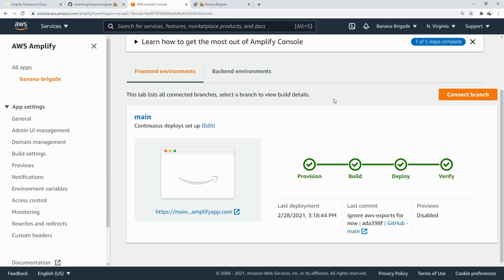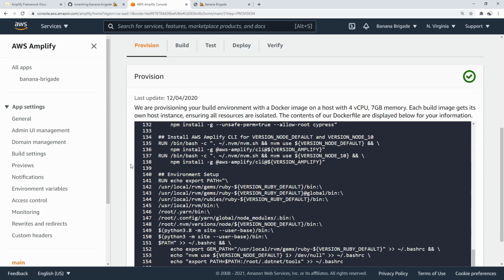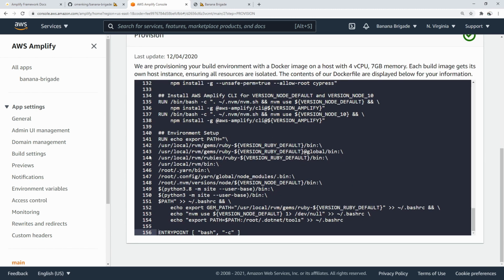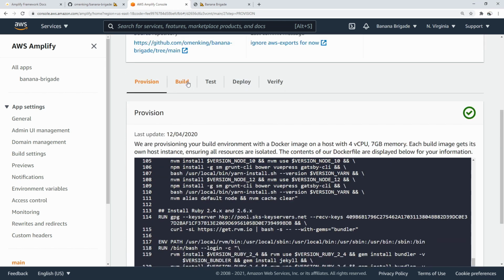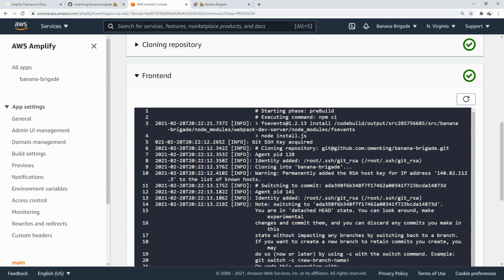All right, so it looks like our deploy is complete for our front end. So we have the provision, build, deploy, and verify step. It's all good, but let's just go take a look at some of the information that's here. So under provision, this is provisioning the underlying infrastructure. Nothing very interesting there. That's our build step. We looked at this in our debug step. This is running that Amplify YAML file. So in here, you can see that it's running